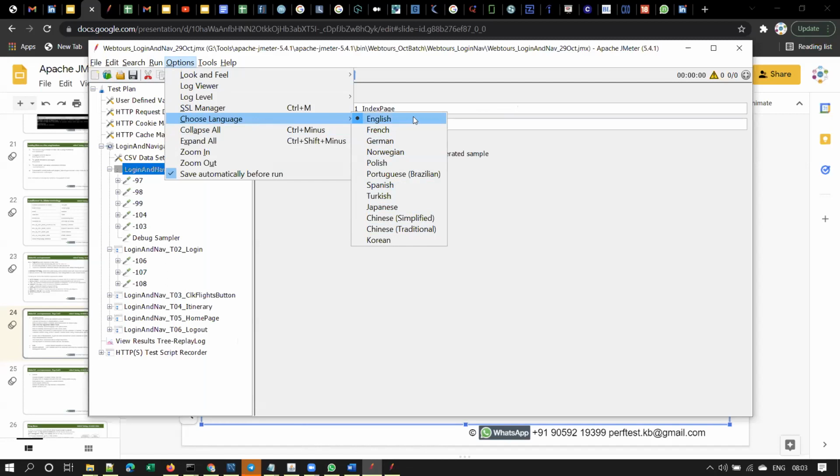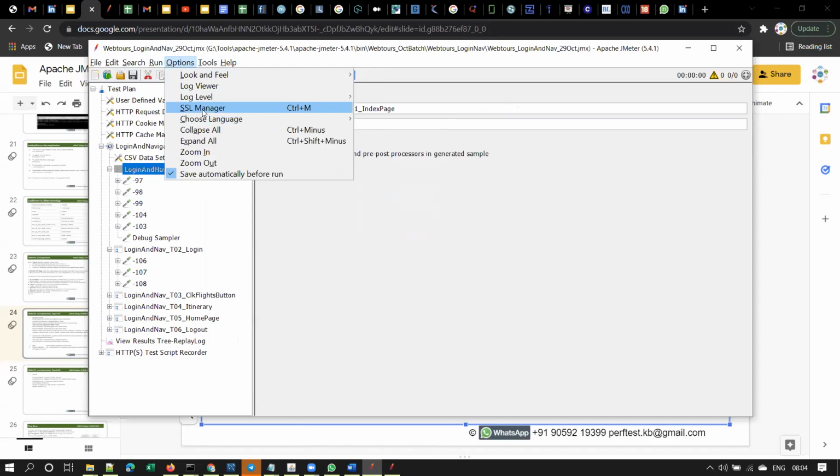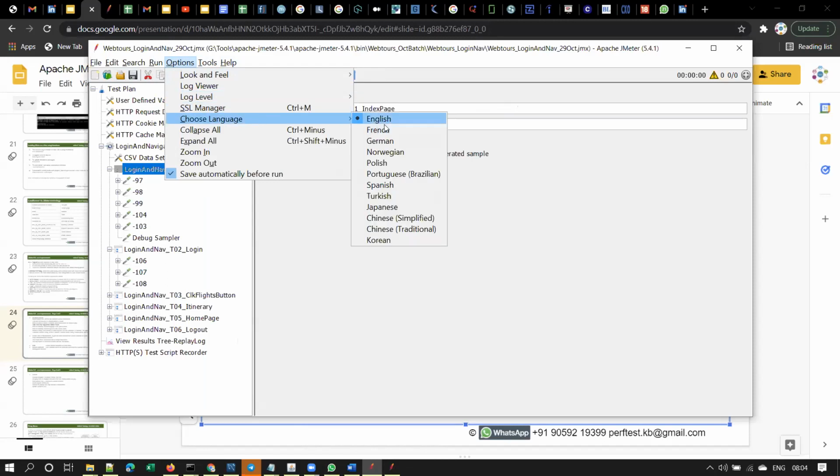By default, English will be selected. However, there will be some people who are comfortable with their regional or national language, isn't it? For example, some people in Germany want to see all this UI in German language. Yes, they can do that.